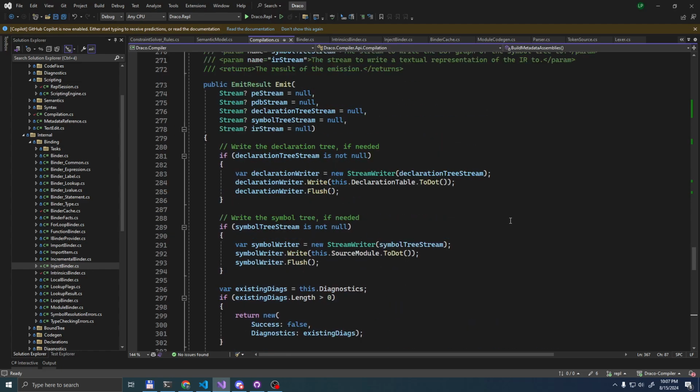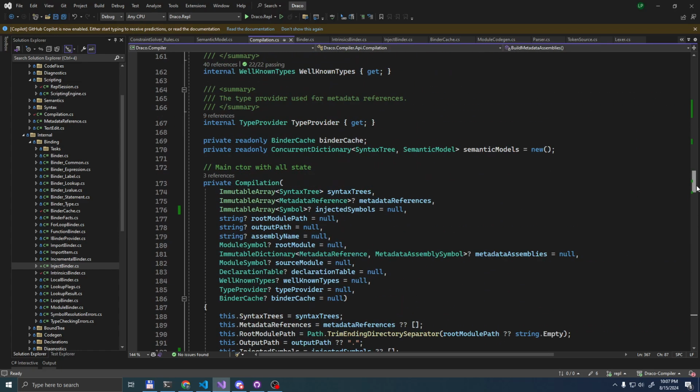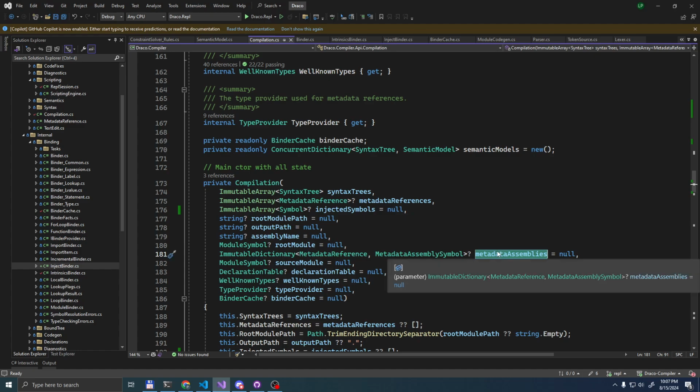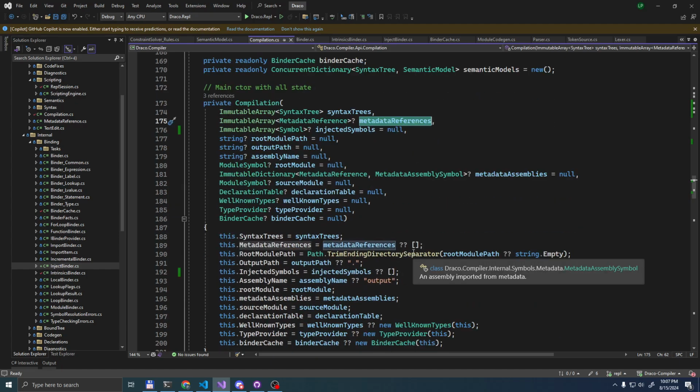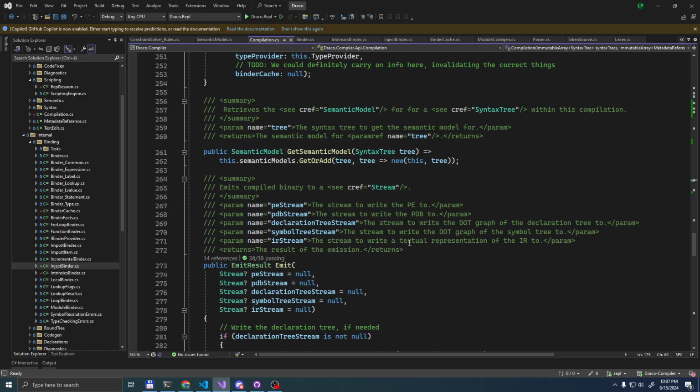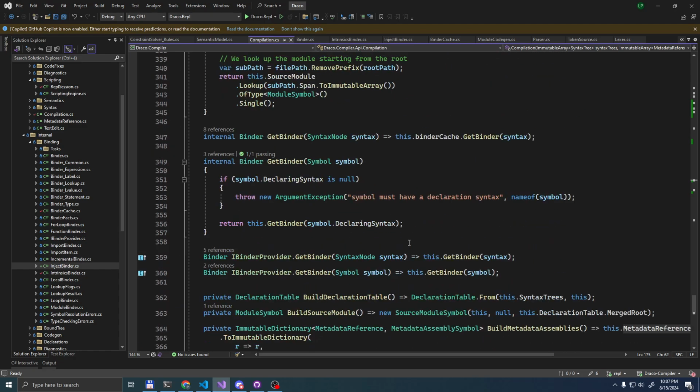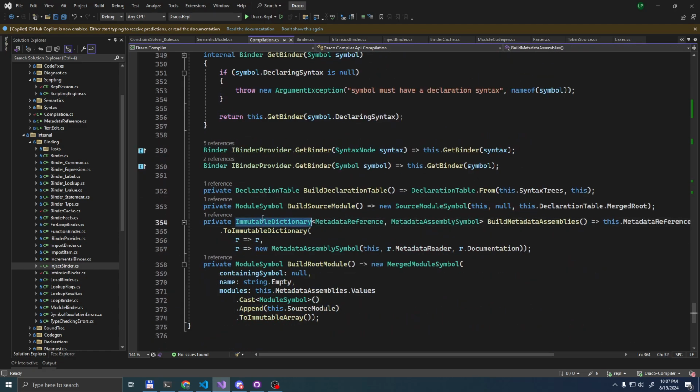So, because we cannot share the metadata references, we could share the metadata. The thing is that this is a bad way to cache these, because why would we want to rebuild all of them?